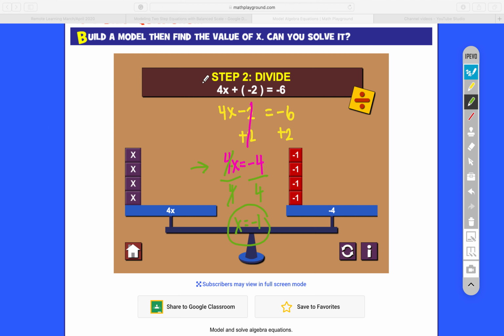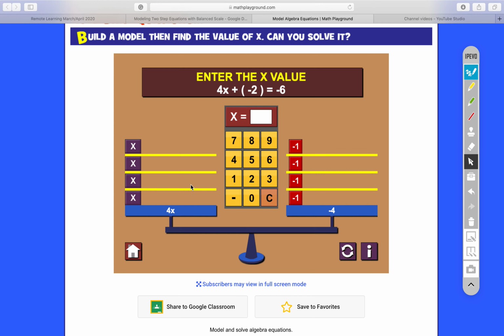And that's why they're telling us divide right now, because right now we're at this green arrow step. I've got 4 x's here and 4 -1's here. So 4x is equal to -4, and I need to divide both sides of the equation by 4. So I'm going to do that, and this division shows me that x is equal to -1. I need to input that my solution is -1,